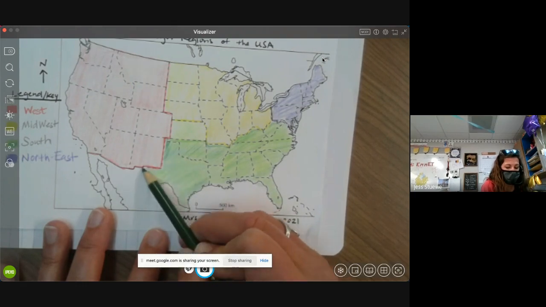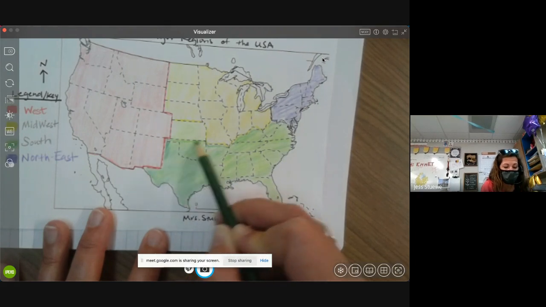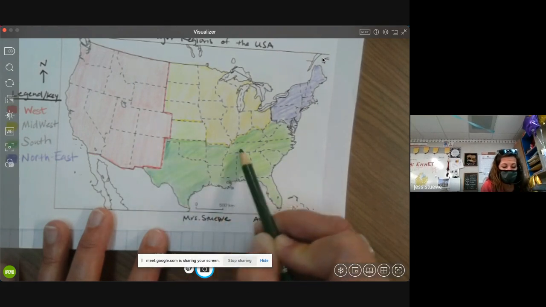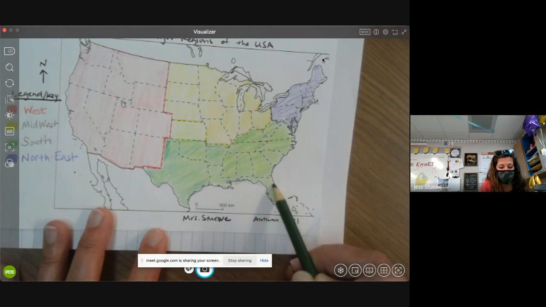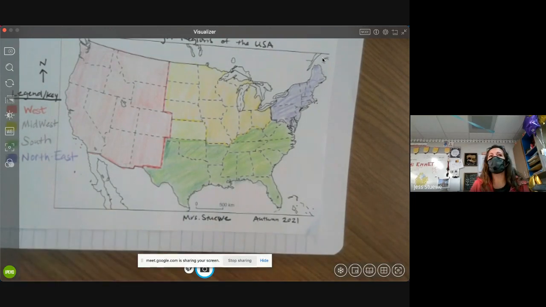And the early tribes of people who lived here, they survived and they made their livelihood using the resources in the places they lived. So we're going to use these regions to talk about what kinds of resources people had where they lived. And we could even start brainstorming a little bit.